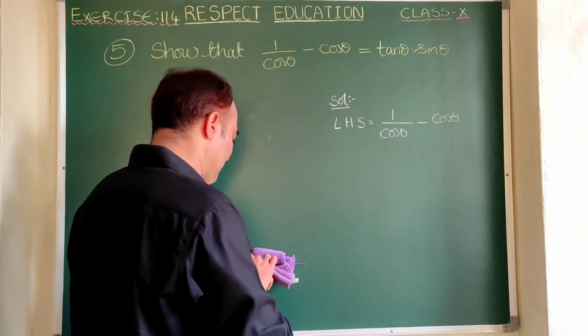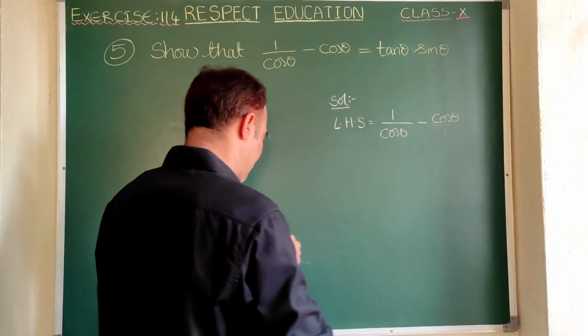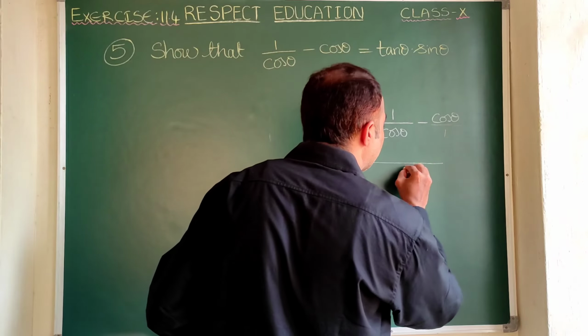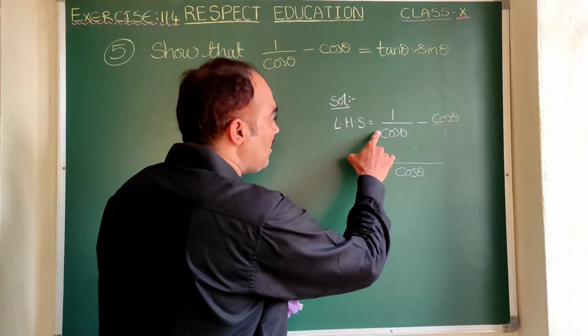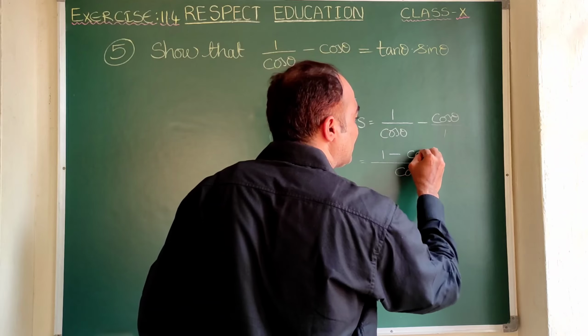Here, you just imagine that there is no denominator, so we can take 1 here. Can you tell me here cos theta and 1, what is the LCM for them? Cos theta is the LCM. So let us write cos theta as LCM. Is it clear? Here cos theta gets matched, so we can write 1 as it is. Minus, here as it is 1, we can multiply cos theta and cos theta. So it is cos square theta.